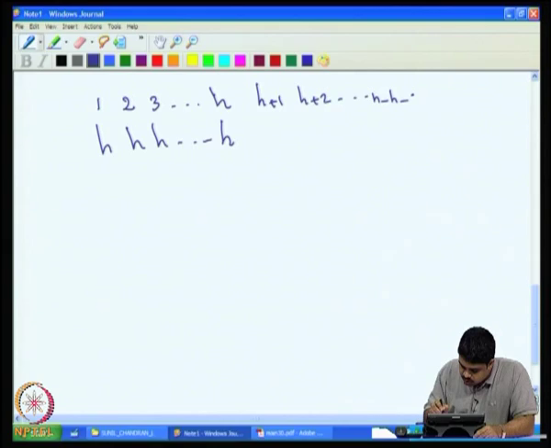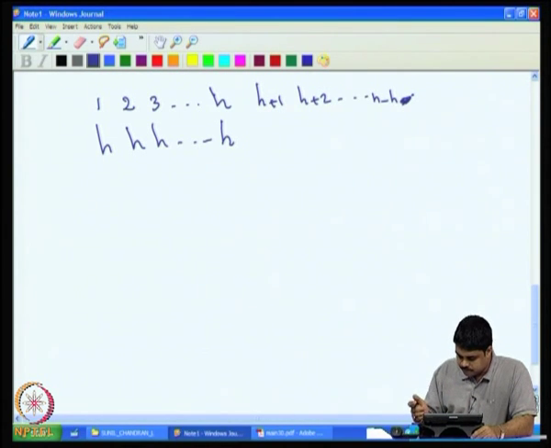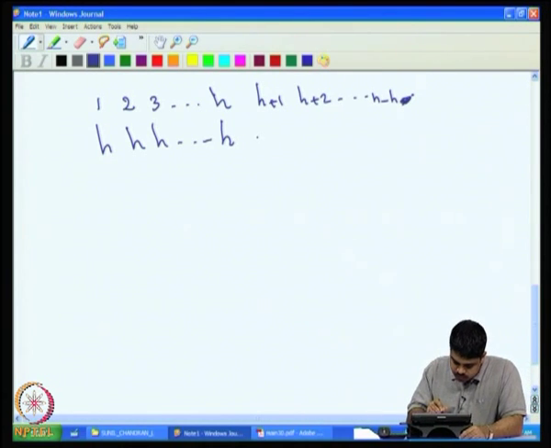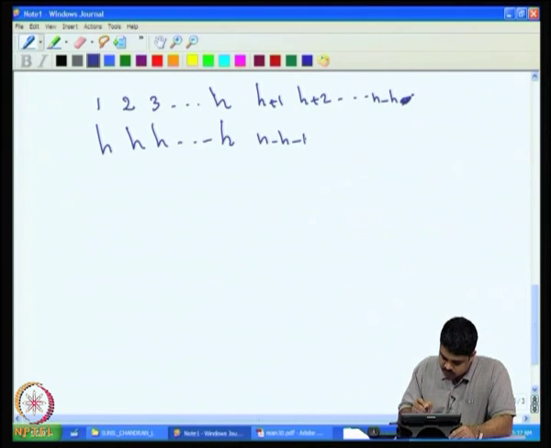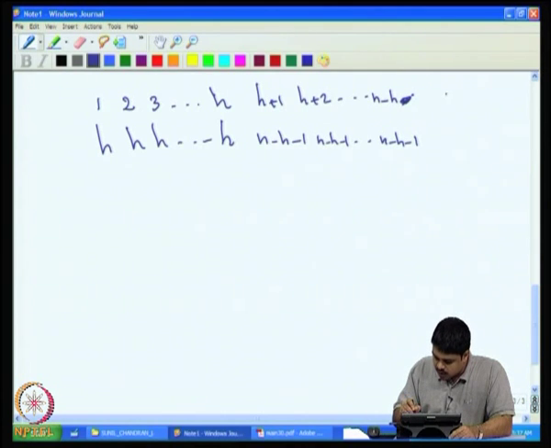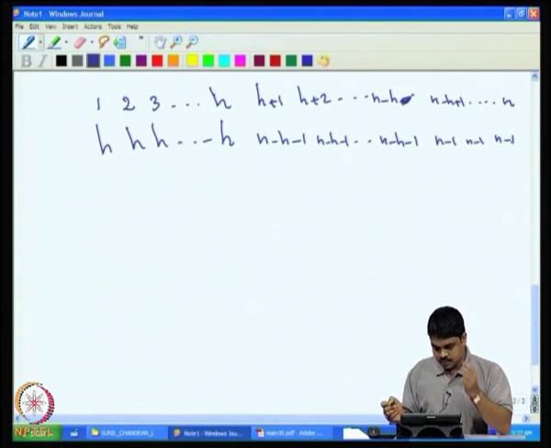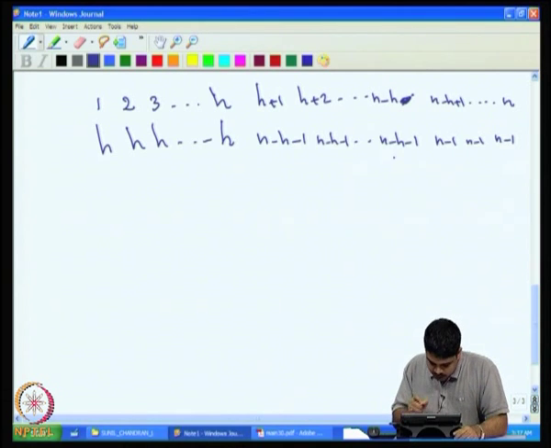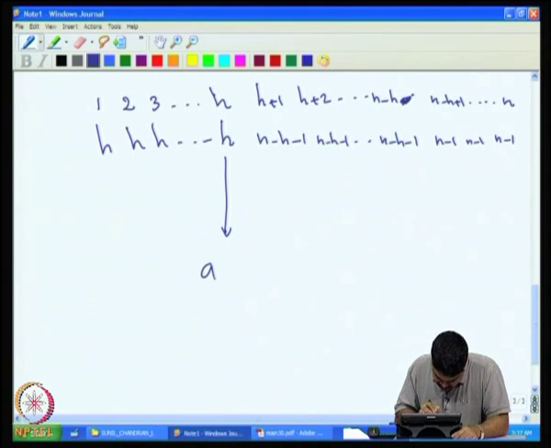Then we will have the numbers n minus h minus 1, n minus h minus 1 up to here n minus h minus 1, and from here onwards, n minus h plus 1 onwards to n, we will have n minus 1, n minus 1, n minus 1. The point is that if you look at the hth number a_h, that is equal to h,